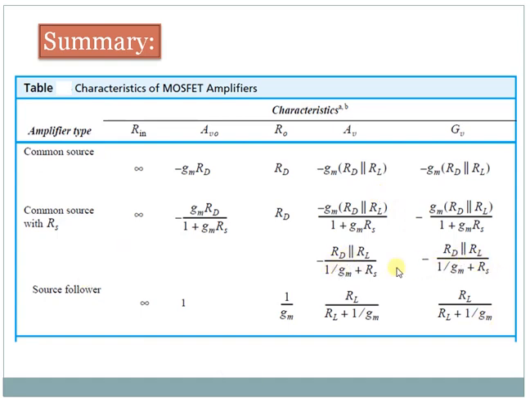If you observe these equations, they have just been obtained by rearranging the value of Gm. Similarly here. This common source here basically corresponds to the common source without the source resistance, whereas this is the common source with the source resistance, and these are the equations of the source follower, also called the common drain or CD amplifier.